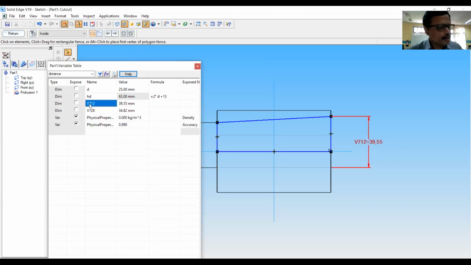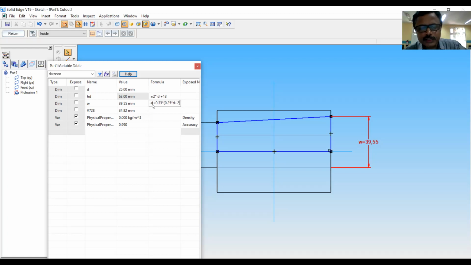This equation I will enter as it is related to width of the key. So I will enter it. W is equal to D plus bracket D plus 0.33 multiplied by 0.25 into D plus 2.